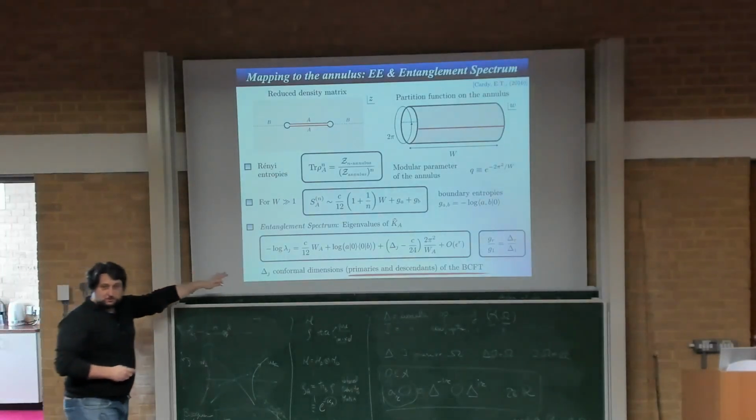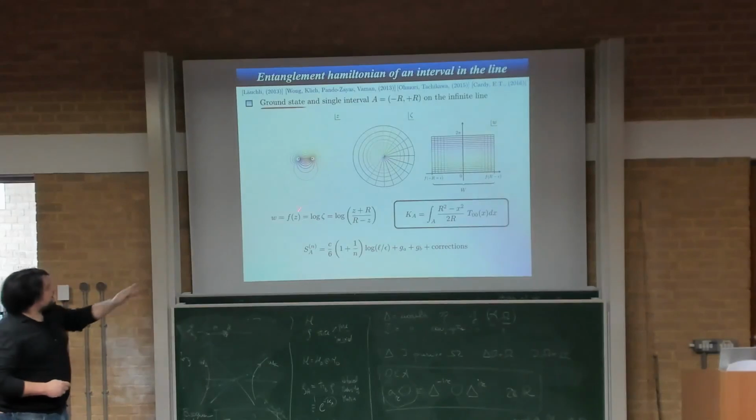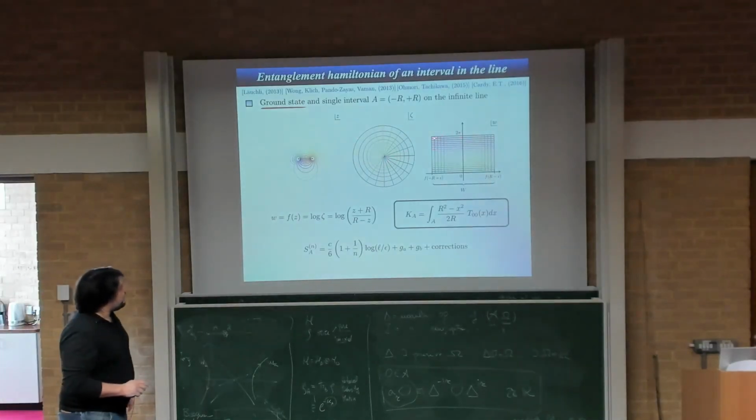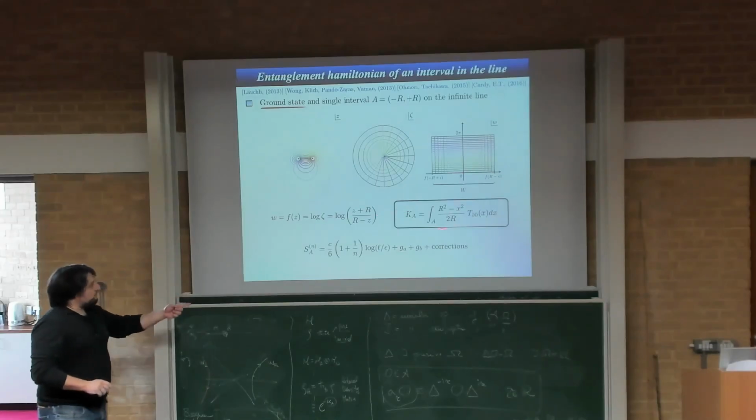In the way I will show you now, this is the example. So this is the interval minus R to R, the most stupid example, in the ground state. This is the map. You map from the complex plane to the unit disk, to the cylinder, so you have to identify this edge with this. And if you write this map, you get